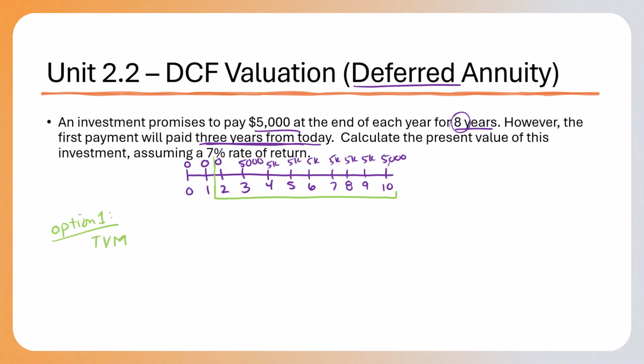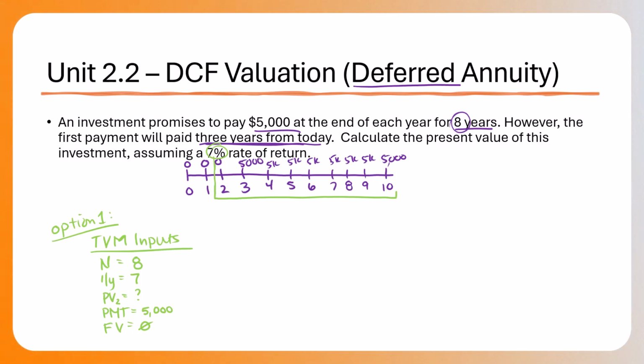So I'm going to set up my time value of money inputs: N, I/Y, PV, PMT, FV. Notice that I have 8 payments, so I'll put N as 8. My interest rate is 7%. I'm trying to find the present value. It will be the present value at time 2. The payment that I receive will be $5,000. It will have no value at the end of year 10 because all of the cash flows will have been